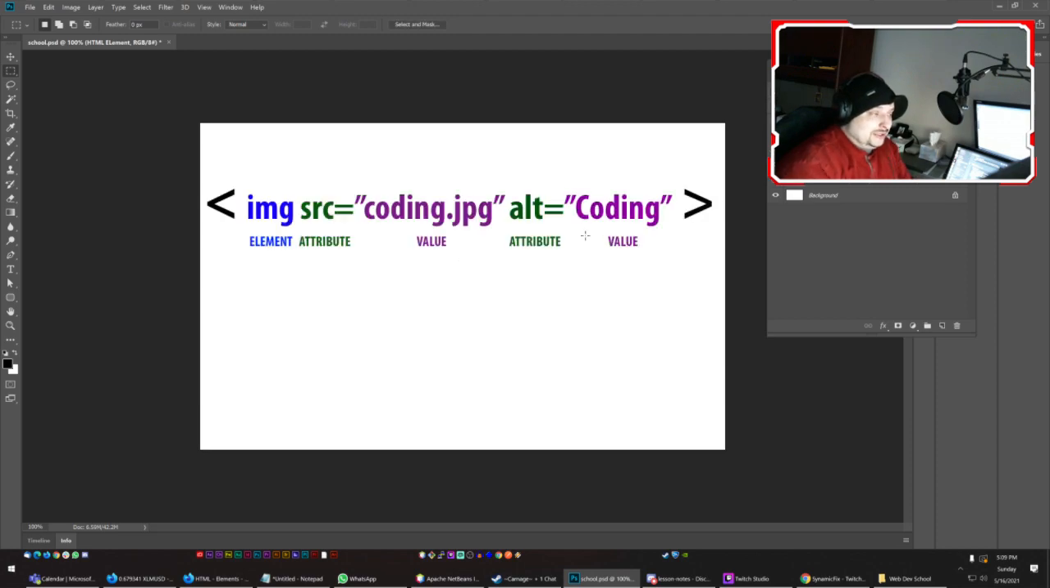So the breakdown for elements. This is one I want to make sure is extremely clear to everybody as we move on to CSS. So we're going to do a quick recap again. Within your angle brackets, you have your HTML element. That's always going to be the first word that's next to the